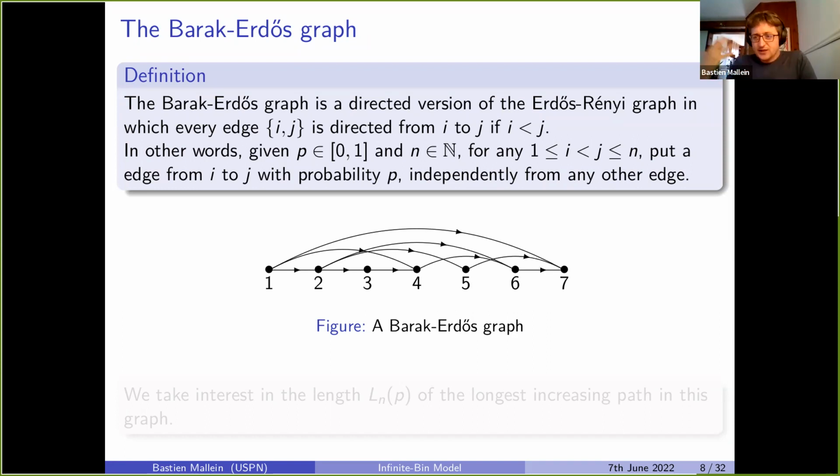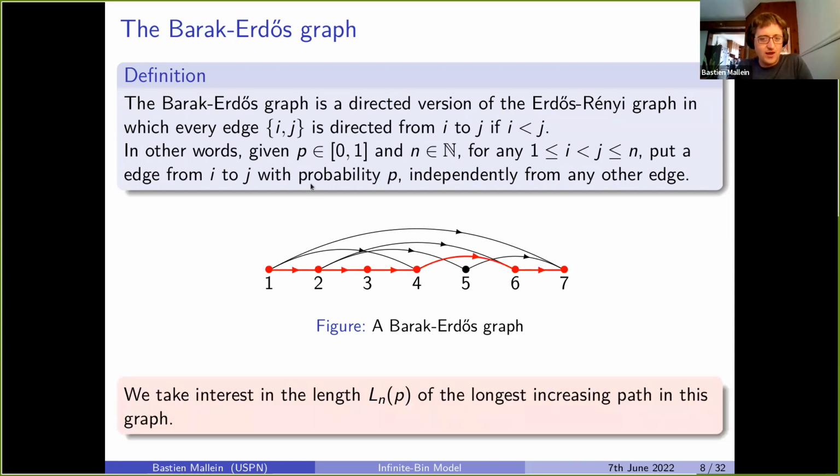And so the question that we're asking, analogous to my cooking recipe, is how long is the longest path in this graph? And here, for example, we have a path of length 1, 2, 3, 4, 5. So my question will be to study this length Ln of p in the large n limit. I will fix a value of p, so I will have a dense graph with a lot of vertices, and I ask how long Ln of p is.